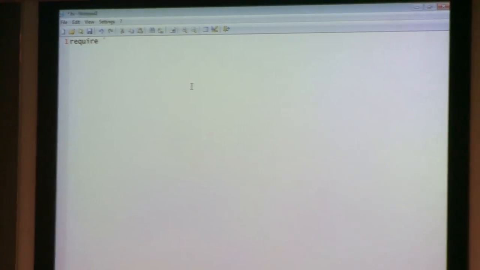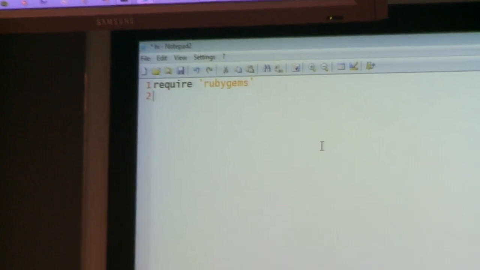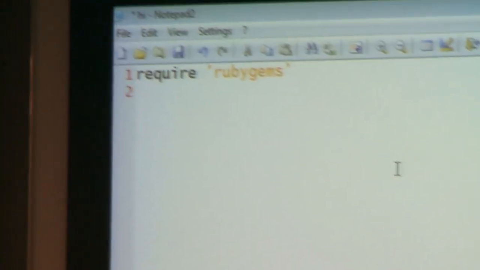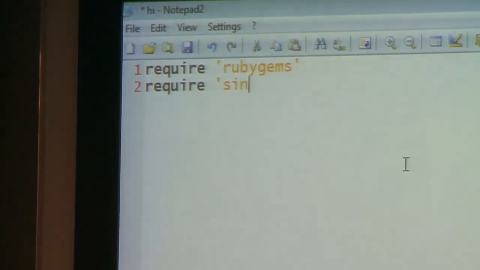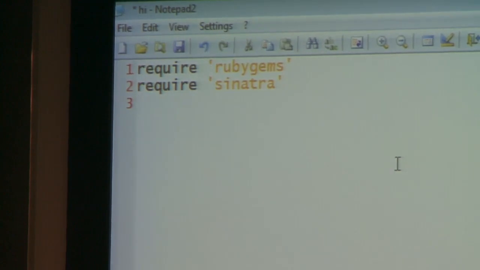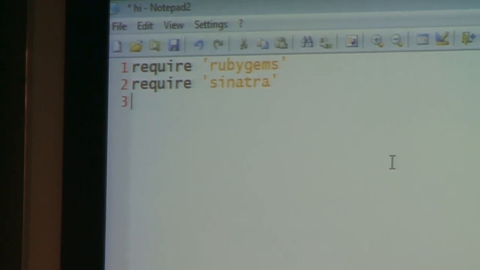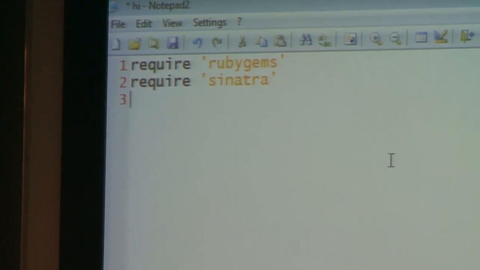So we can do things like require rubygems. This is a packaging system for Ruby, so we can get access to all the packages which we've downloaded. And then we can say require sinatra. So he's now got complete access to that particular framework. That's it. That's all the references. Everything else Ruby will work out for you. We can then go,